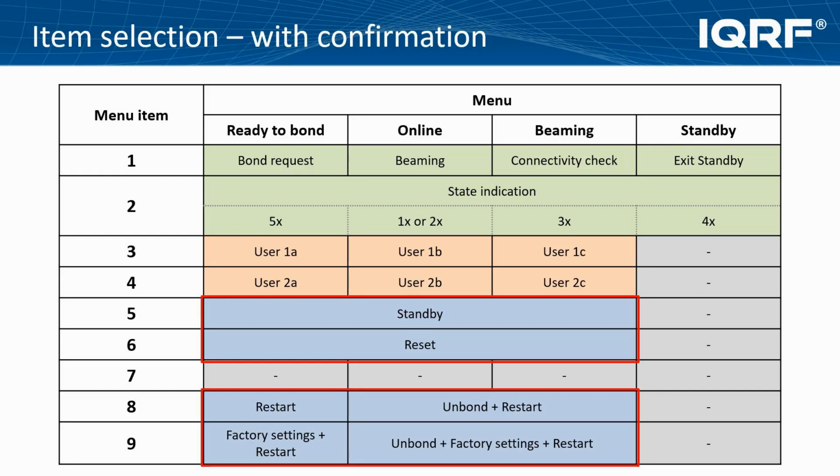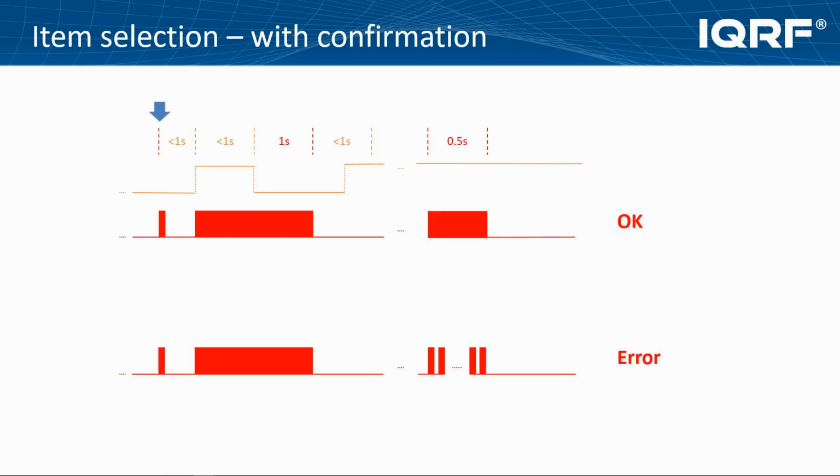In general, we always recommend that before choosing an item, you think in advance about which item you want to choose and whether it will require confirmation. An item with confirmation is selected by releasing the button after the item. What if the LED does not flash shortly but lights up for 1 second? This lets us know that confirmation is required and that the button must be pressed again within 1 second. As soon as the LED goes out, the button must be released within 1 second. This will select the given action.